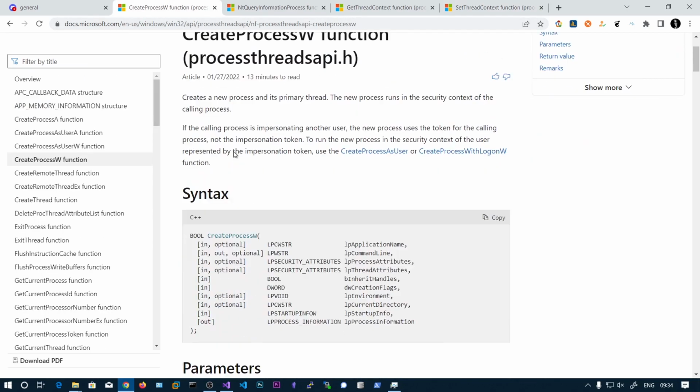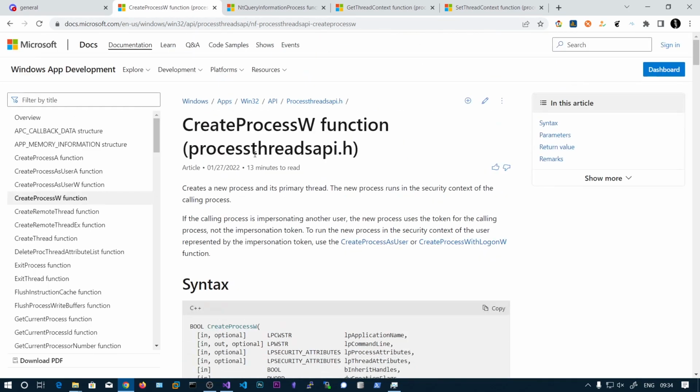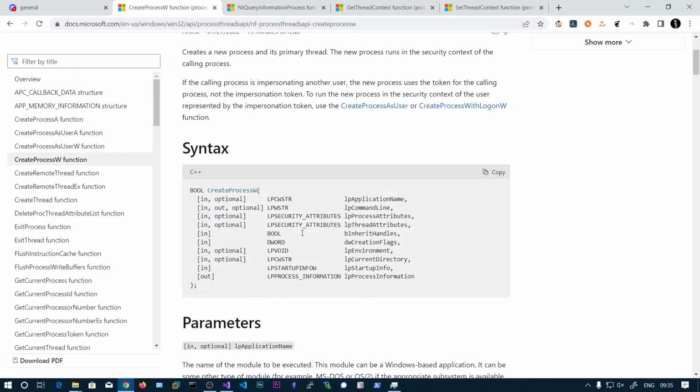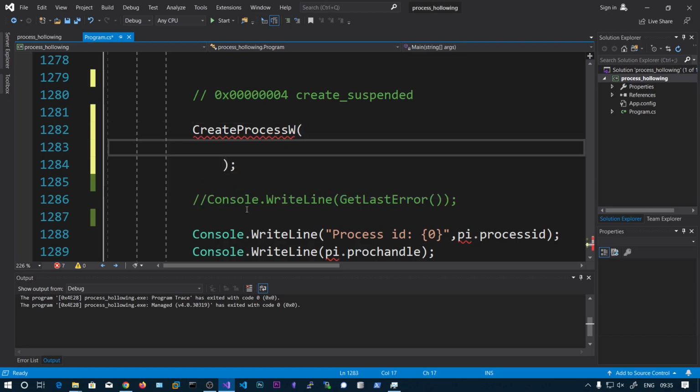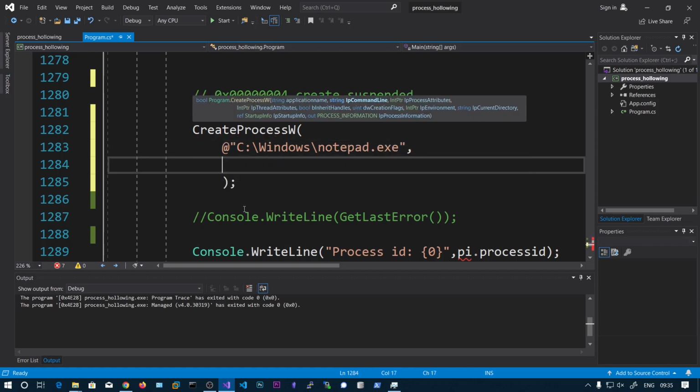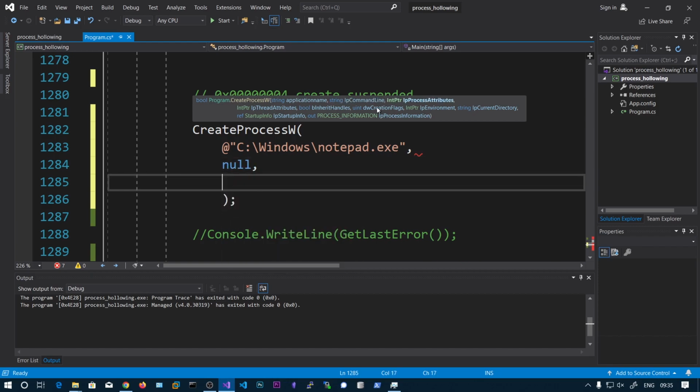So let's create the new process. I have already defined all of this. I copied it from the pinvoke site. So let's go and call CreateProcessW, and the first one is the string. So let's create notepad.exe, and the second parameter is command line arguments, so that can be null, and